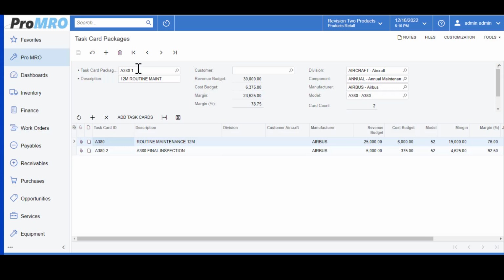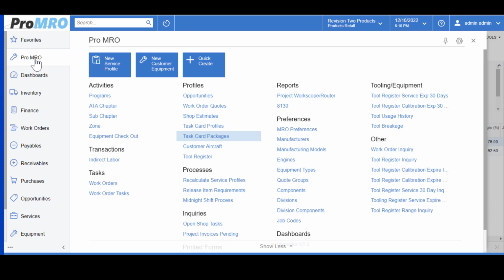I provided it a task card package name and the description, which is a 12-month routine maintenance. I added in the 2 task cards that we created earlier. As you can see, our revenue budget and our cost budget has transferred over into our task card package. So now to use our task card profiles in our packages, we are going to walk through creating a work